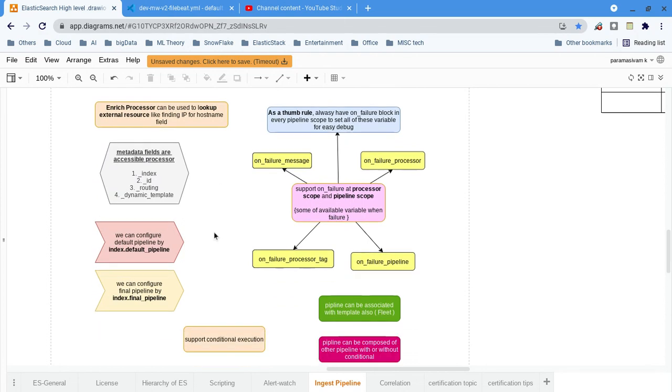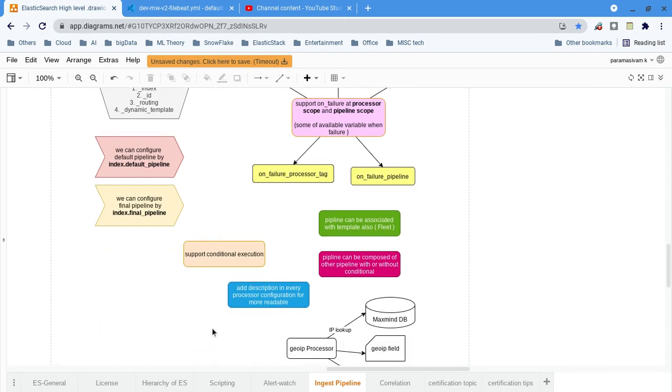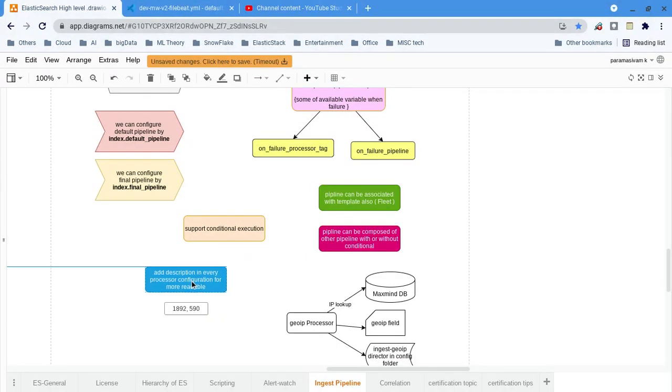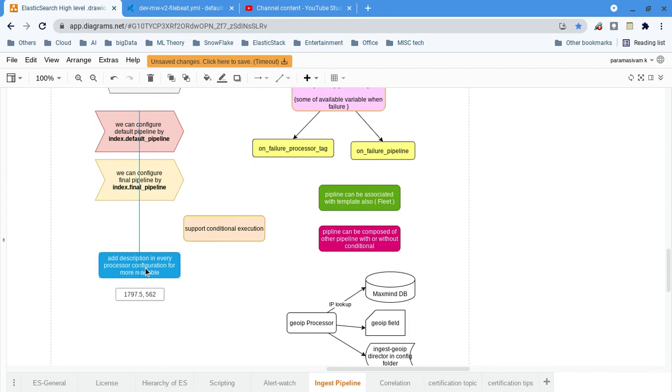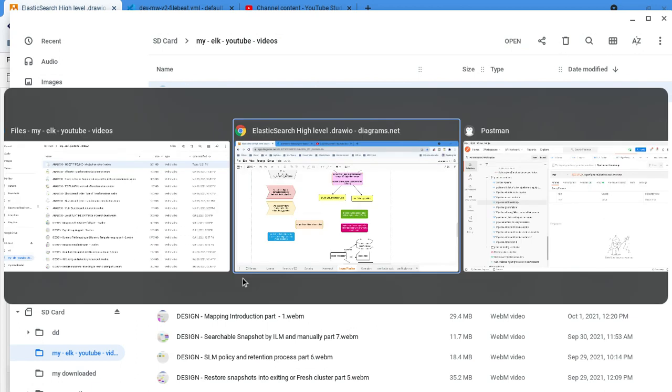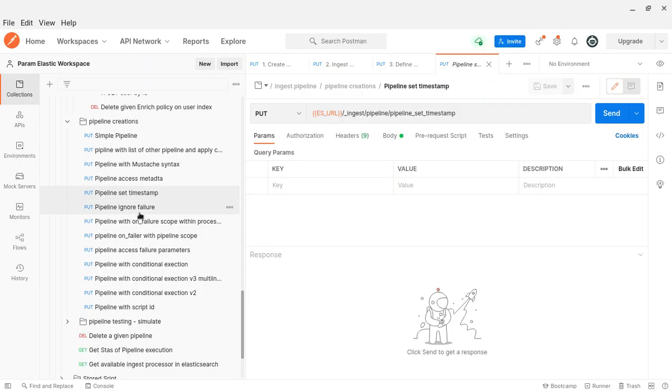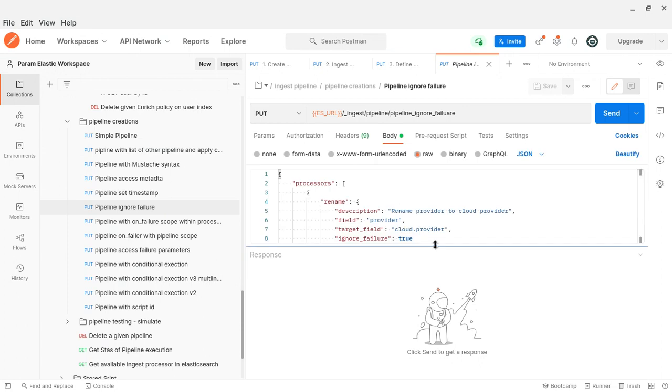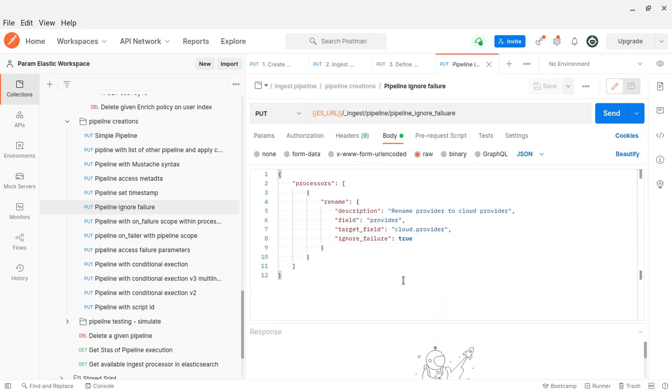Second thing: since it has processors, each processor has a description. In the Log pipelines, what do we have to do? Let me go here. Here you can see we have the description field.